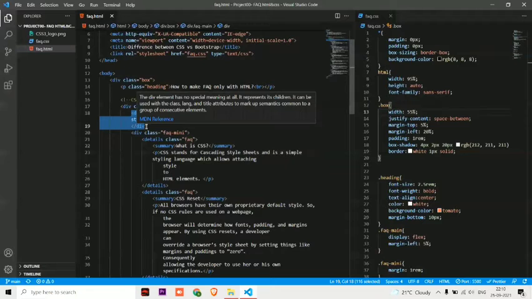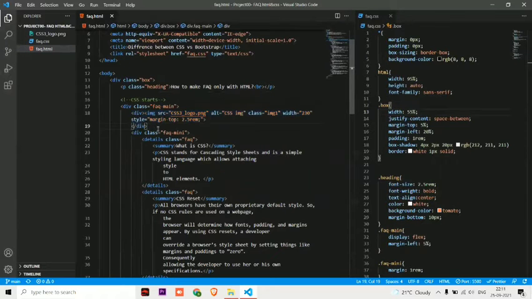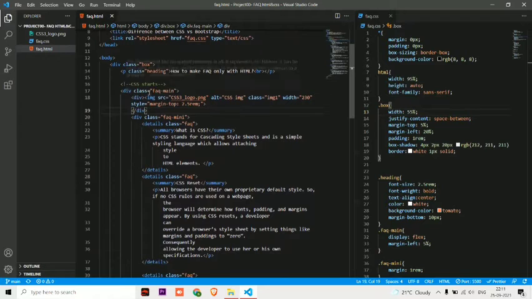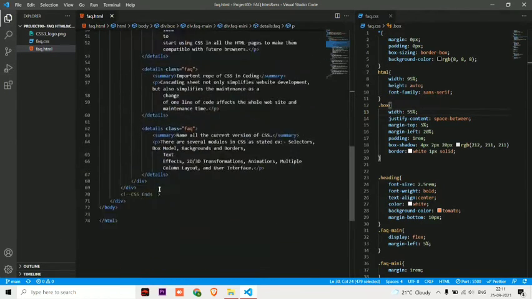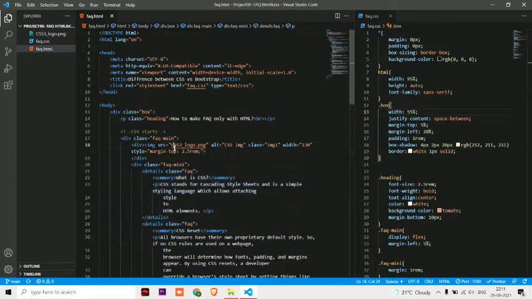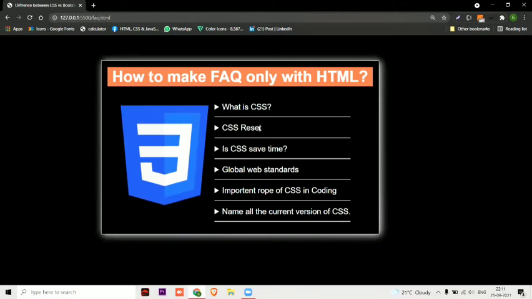One thing I would like to tell you is that whenever you are doing anything, try to put everything inside a div. Then it will be easy to do design or create any design page. Okay. So here I have two divs, and inside the div I have taken one more div for image and one more div for FAQ. Okay. So in this div, all the FAQ will come. You can see here, and in one div there will be image, so it will be easy to divide that image left or right or whatever you want.